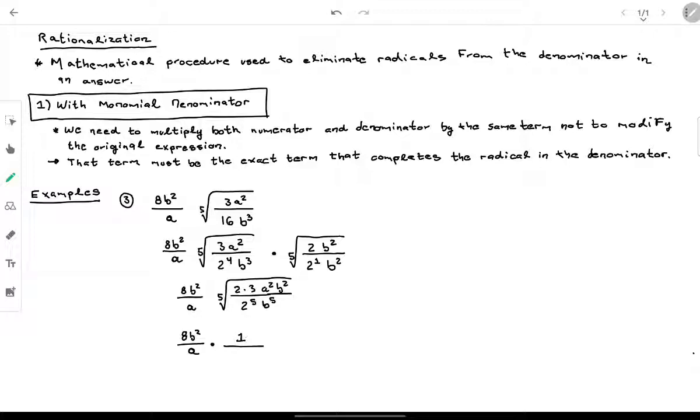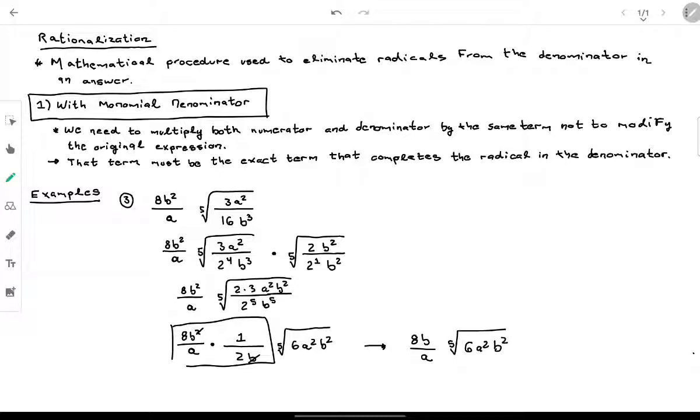On the top, we are not able to take out anything. On the bottom, we will be able to take out a 2 and a b. And on the inside part of the root, we will still have 2 times 3, that is 6, a squared, b squared. What happens next in this case? We have a multiplication between the coefficients. So b squared and b, we can eliminate this b squared with this b. And my final answer is going to be only 8b divided by a that multiplies the fifth root of 6a squared